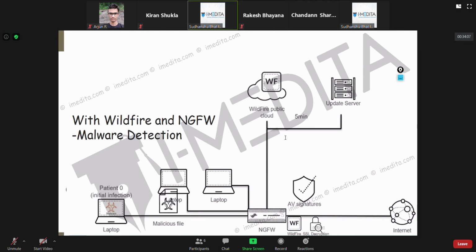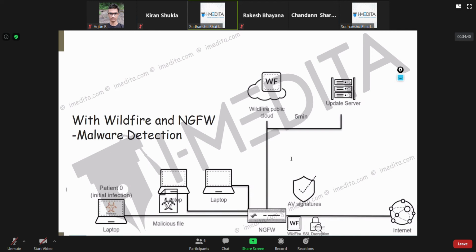Suppose I want updates faster. I want updates every 5 minutes. Then you go for the WildFire license. After 24 hours or sometimes 2 days, they release the antivirus updates having all the signatures to all people having antivirus licenses.